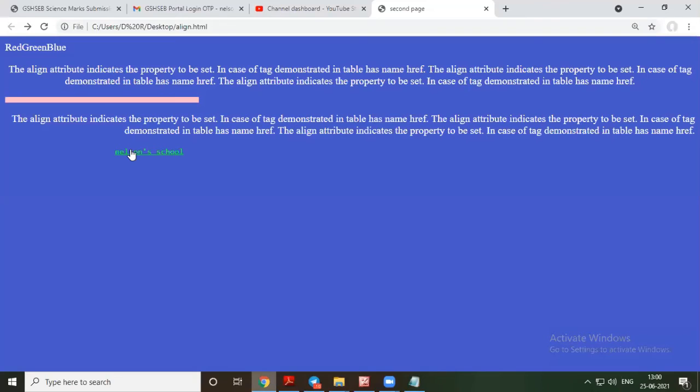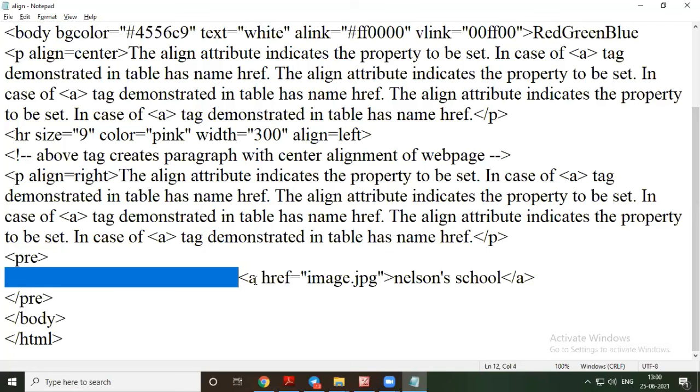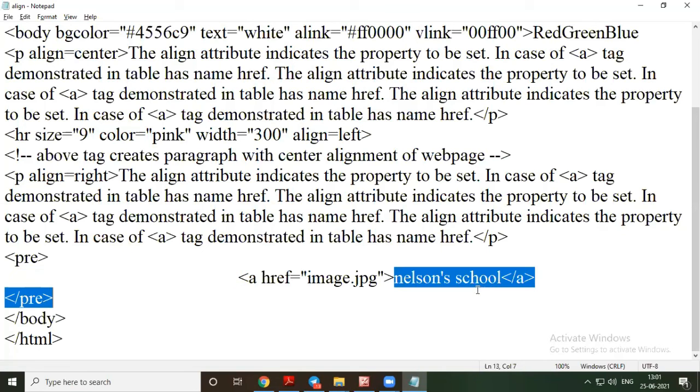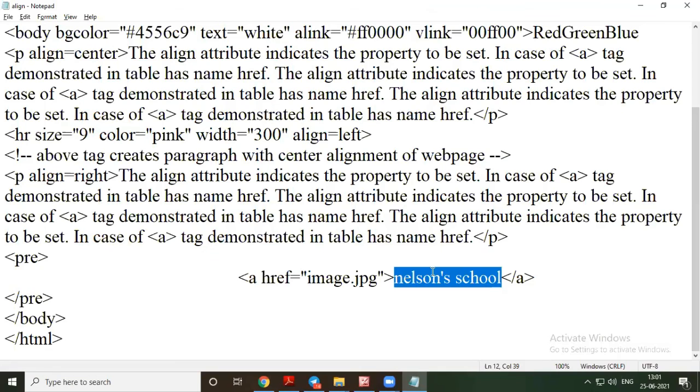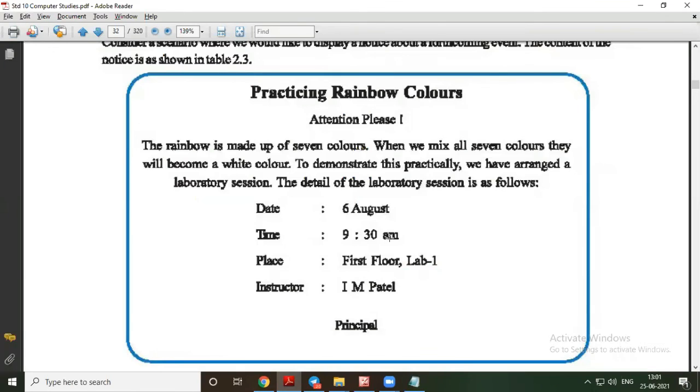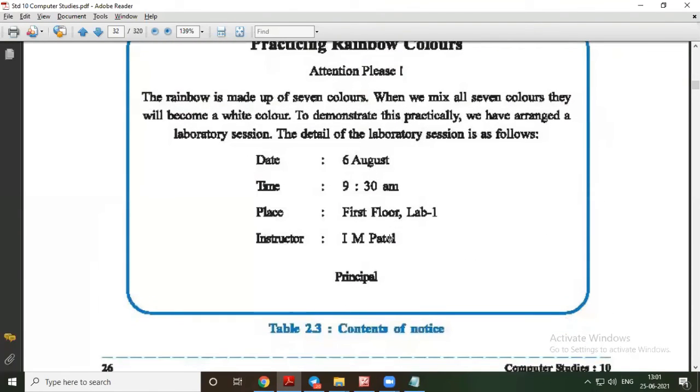In the actual output, it is showing with that space. In the same way, if I increase the height, increase the size of text, or change the font style, it will be visible as it is, as can be seen in this code. That is the pre tag, the preformatted tag.